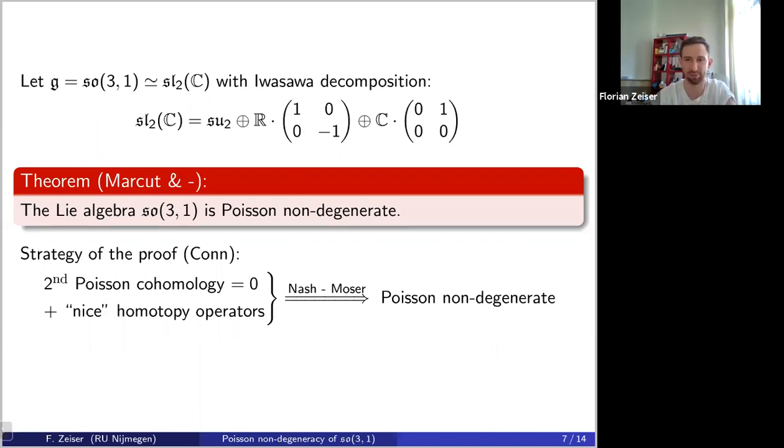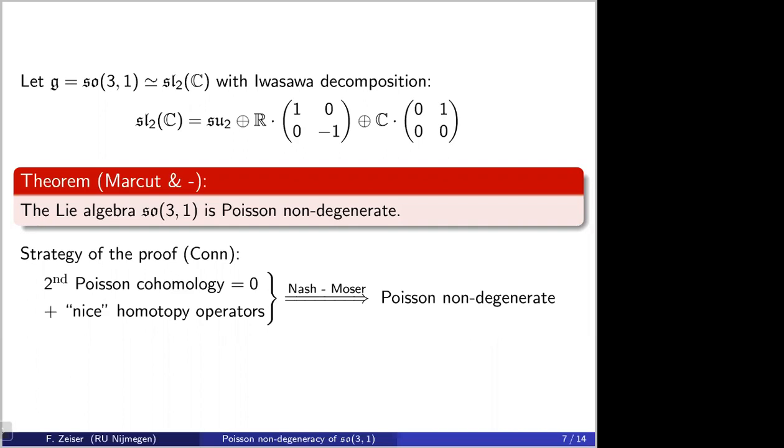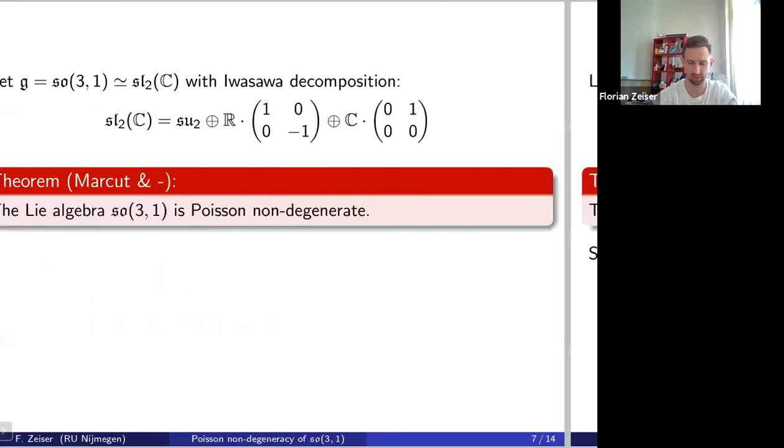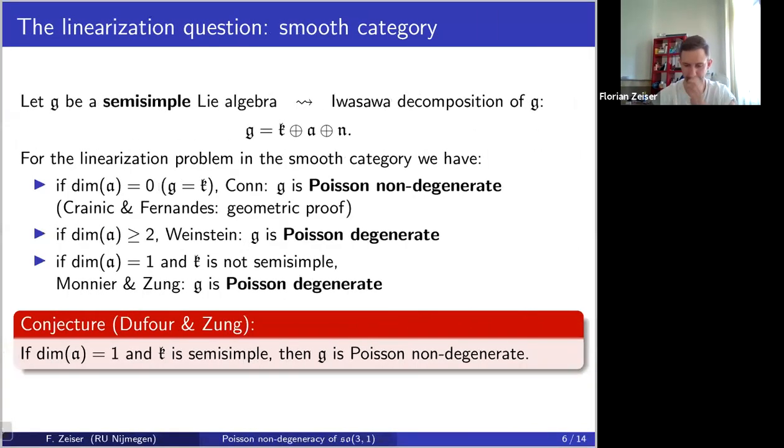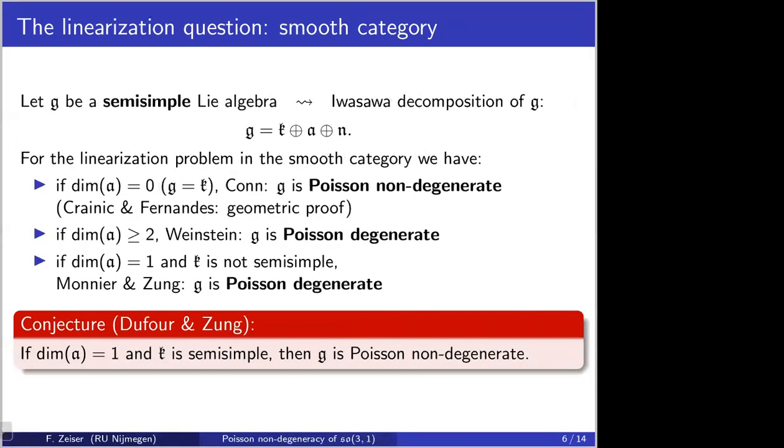Are there any questions so far? Maybe, Florian, just a quick question. Let's say in the cases where the situation is degenerate, can't you still say something sensible about the moduli space of Poisson structures that linearize to that one? Is there something smart like that one can say even if there is degeneracy?